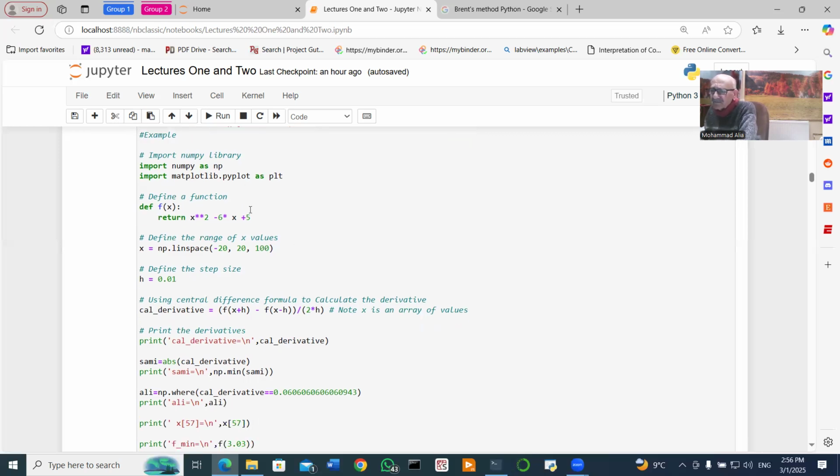We will use our same function, x squared minus 6x plus 5. So we define our function with a name given f, this is the name, and a variable called x, which is here included. This is the definition of the function. Now, x itself, which represents the values of the x values in the horizontal line,